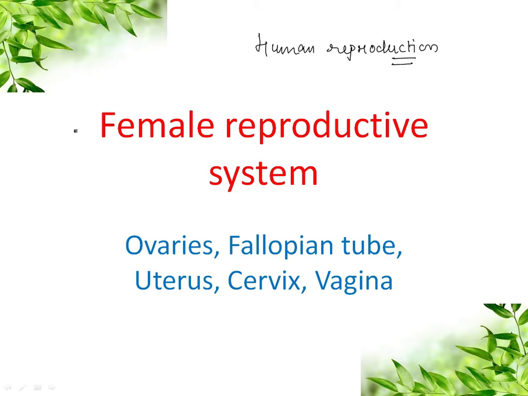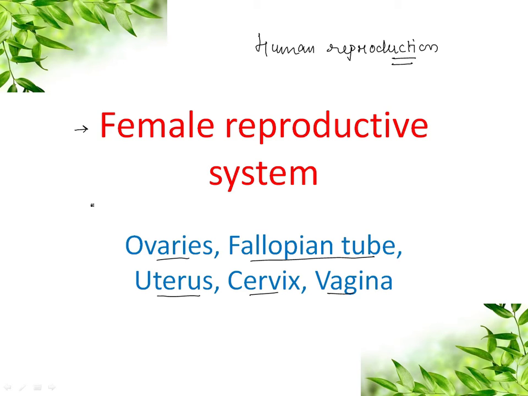So here for the female reproductive system, you all know that it consists of the ovaries, fallopian tubes, which are also called oviducts to carry over, uterus, which is also called mother womb, cervix, and the vagina, along with the external genitalia. Female reproductive system,